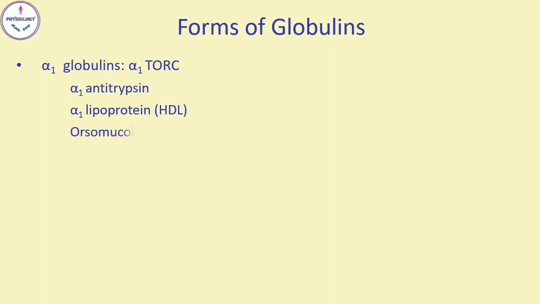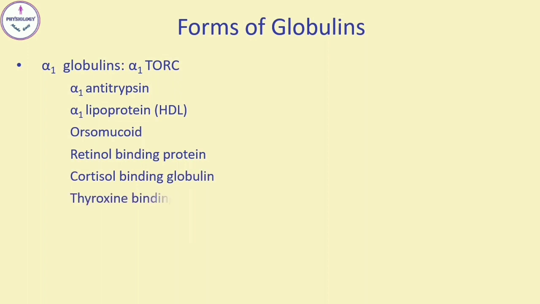Next is orosomucoid. It is an acute phase protein. Its level is elevated in acute inflammatory conditions. Next are retinol binding protein, cortisol binding protein and thyroxine binding protein. As their name suggests, these globulins are essential for the transport of retinol, that is vitamin A, cortisol and thyroxine